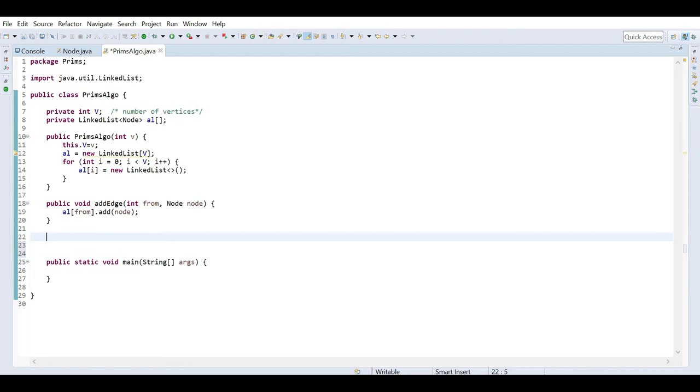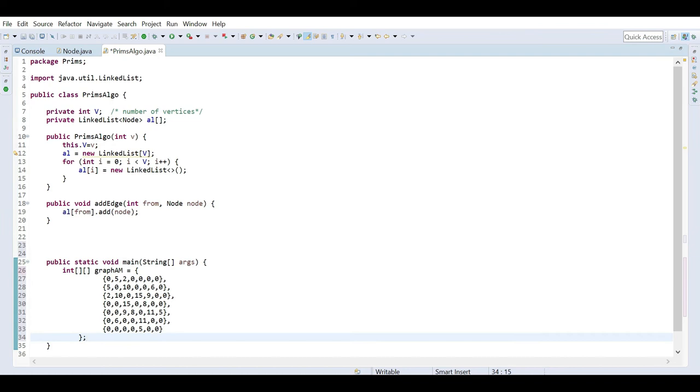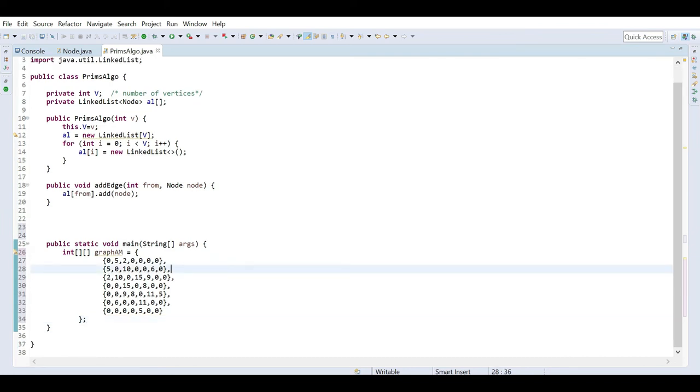So the graph I took as an example, that graph only I will take as input. This is the adjacency matrix of the same graph which I showed in the example while explaining the algorithm.